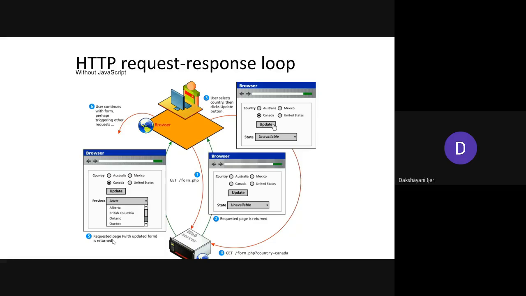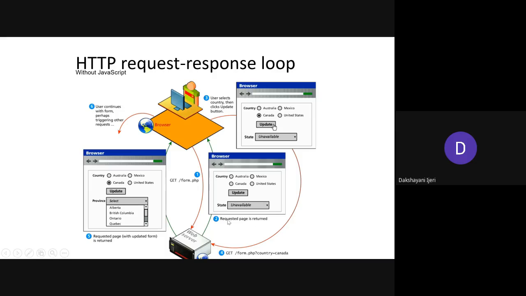So I'll just quickly go through the steps. You just concentrate on the figure. As a first part, you are requesting some PHP file here. Once you request the file from the server, you are going to get that file on the user system as a part of the second step.